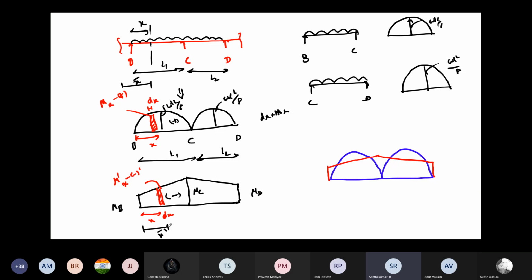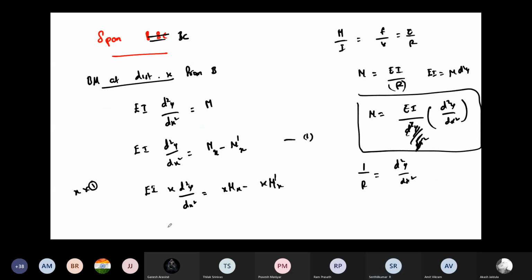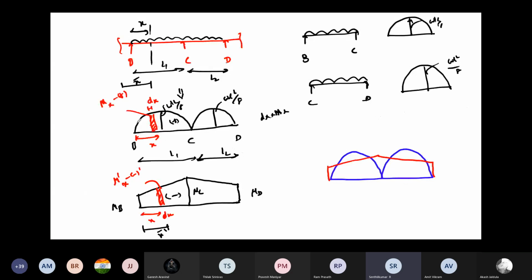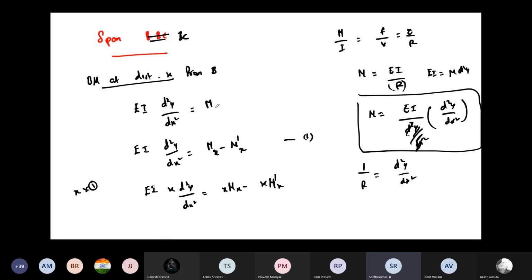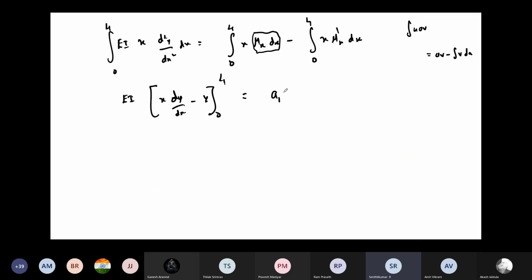X bar dash. So the value will become like, and I can take this L1, right? Full everything. So I can make this x1 and x1. This will become A2, L2, those things will come next time. So here you can write A1, x1 bar minus, again this one. This is mx dx. This is A2, and again it is nothing but the moment of area of the bending moment diagram of length dx about B. So I can write A2 x2 bar. It's a kind of deflection moment.